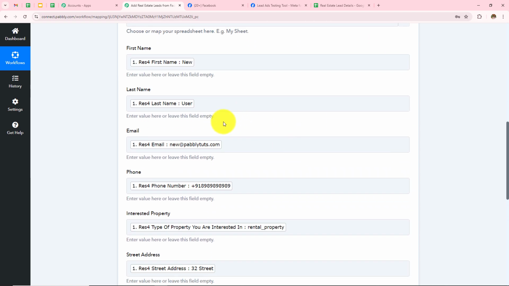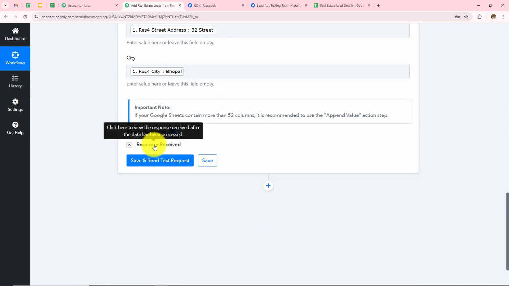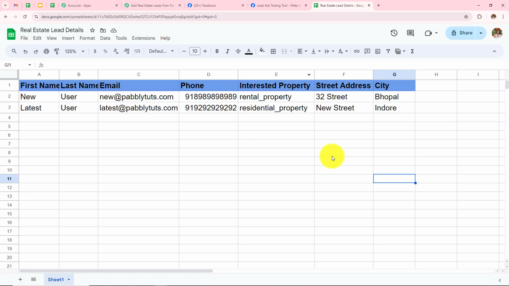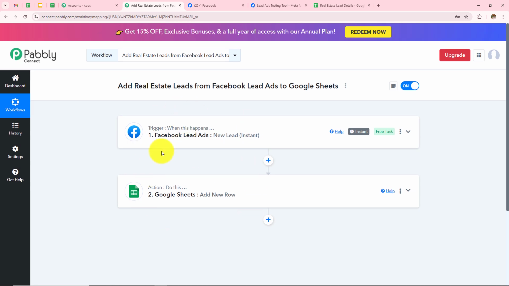Here I have added all these details after making the connection with Pabbly Connect with the help of mapping, and then simply clicked on the save and send test request and received the response as these details been added in my Google Sheets. So we have successfully created automation between Facebook lead ads and Google Sheets with the help of Pabbly Connect.